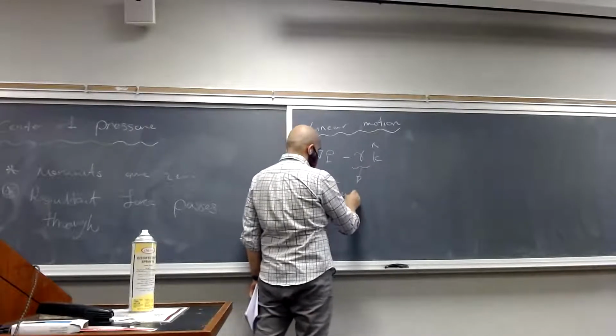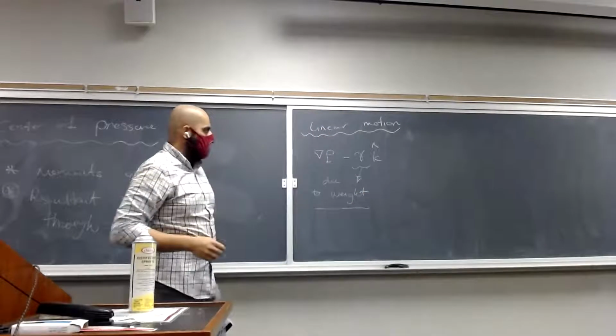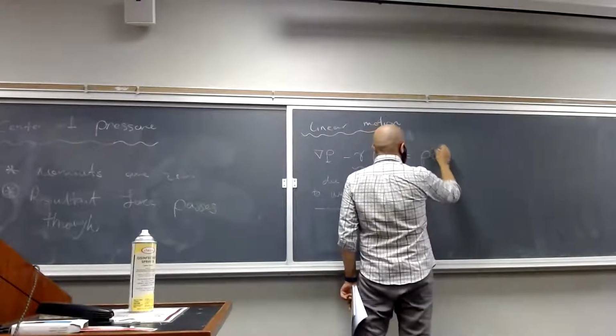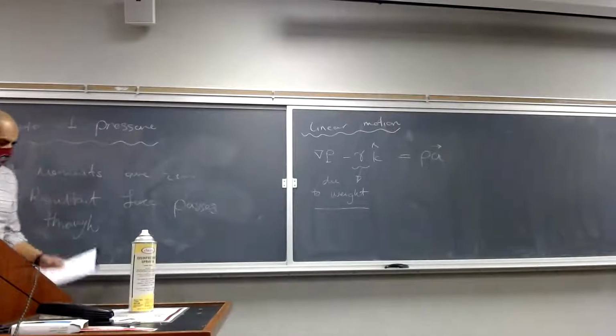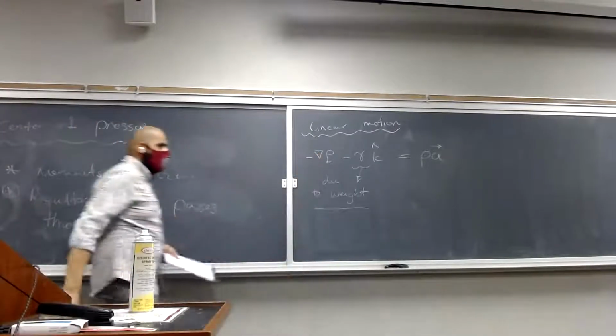And all of this has to be equal to rho multiplied by your acceleration. Okay, that was the general. Oh, there's a negative sign here as well. That was the general